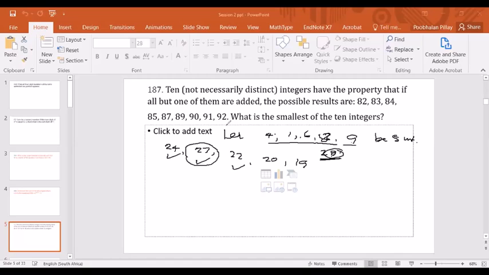Now where did 28 come from? It's the sum of all these integers. So we take the sum of all these integers and subtract from it. You need to know the sum of the original 5 numbers, and for our original 10 numbers, and then from that you subtract the largest of those 10 numbers, and that will give you the smallest number. So I hope you understand that. So what we have to do, the goal is to